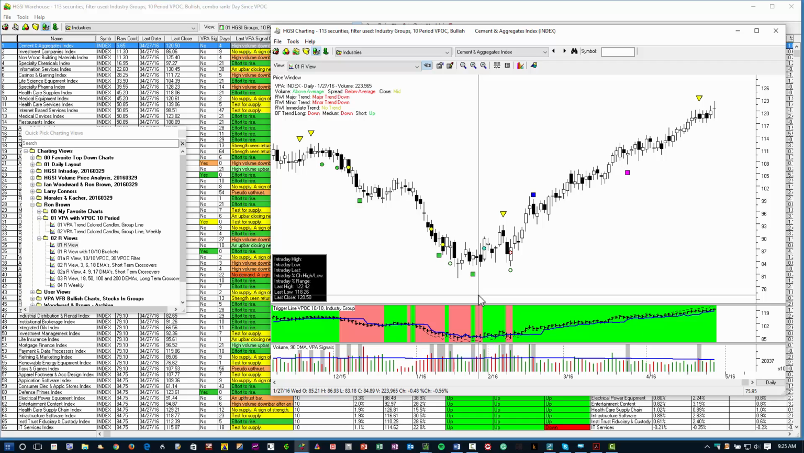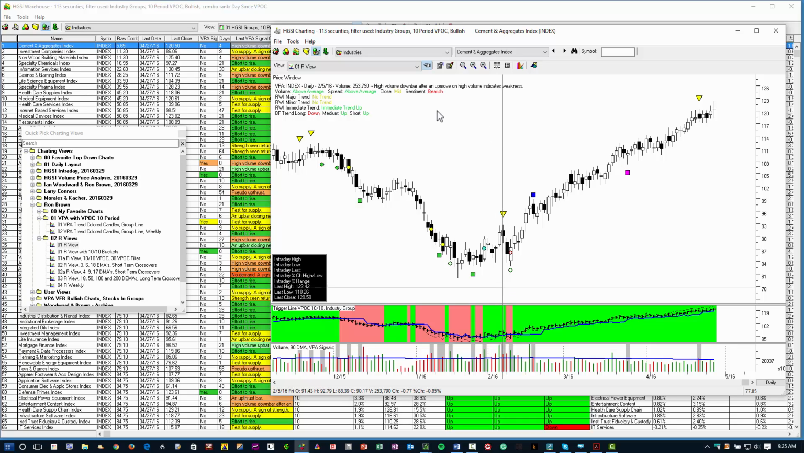Here it was setting up again, chopping around, went positive here, and then we had a pullback after a VPA signal, which is a high volume down bar, which was a good call for a couple of days, but then there was stopping volume as the ownership was transferred, and after that the index turned up and it stayed green